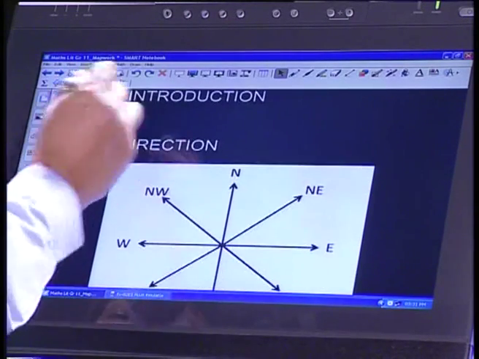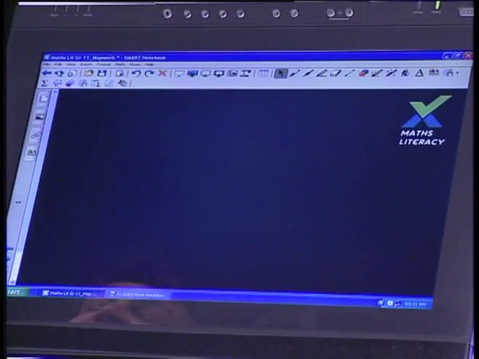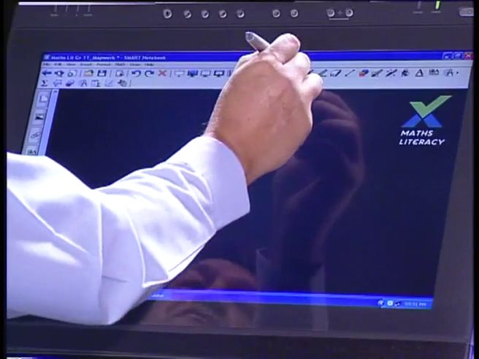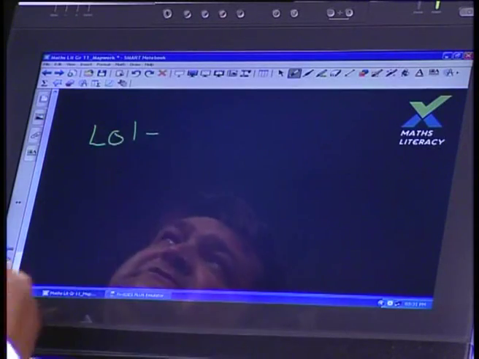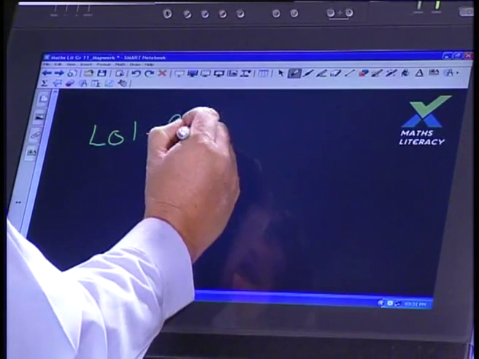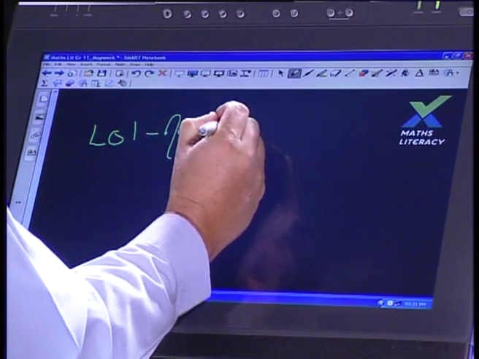First of all, let's have a little bit of an introduction. In this introduction, I'm going to try and explain to you where Mapwork fits into our whole syllabus. So let's have a look at this quickly. First of all, we need to understand that there are 4 different components in your maths literacy. There's learning outcome number 1, so we have LO1, and that deals with numbers. And by numbers, we mean